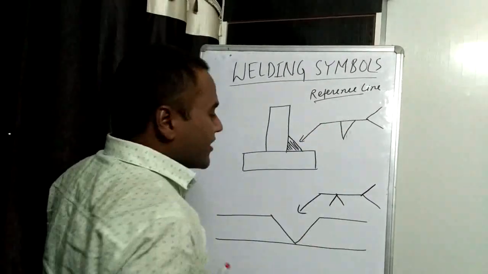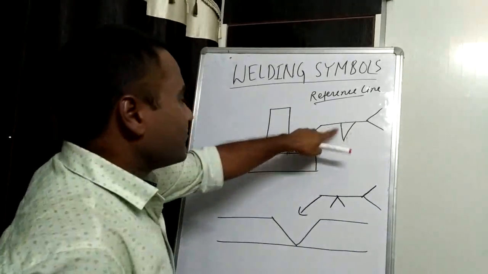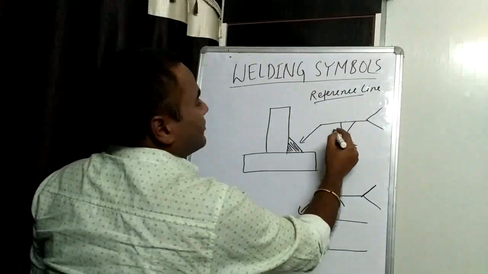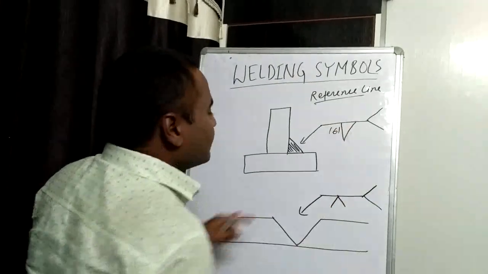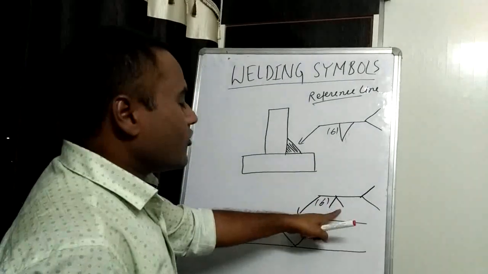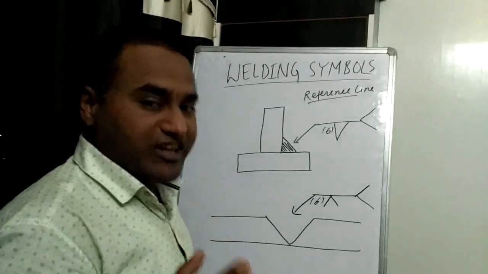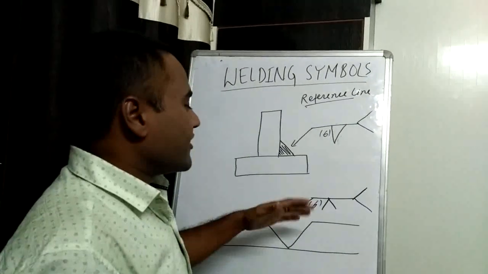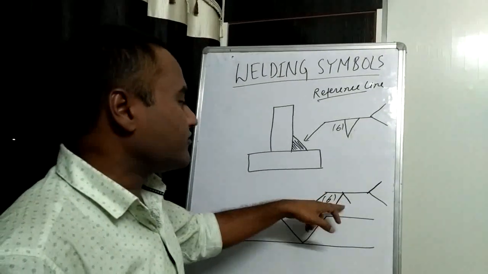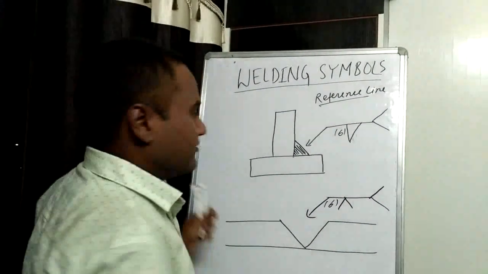So this reference line is very important because here we give the geometry of the groove, or geometry of the fillet. Similarly, we give the dimension also. We give the dimension here itself. We give the degree also here itself. I'll explain this later on, but first let me complete the tail. Then after completing the tail, I'll explain how to show dimensions on the drawing and how to show these elementary symbols on the drawing. First, let me complete the tail.